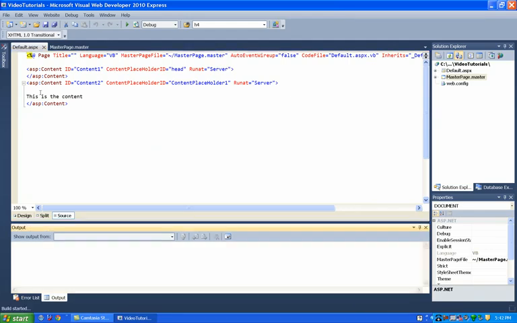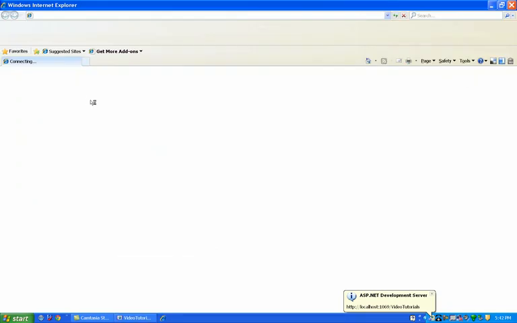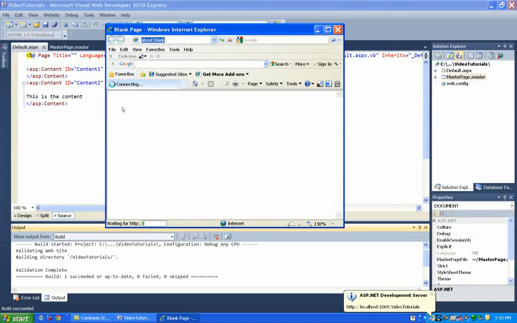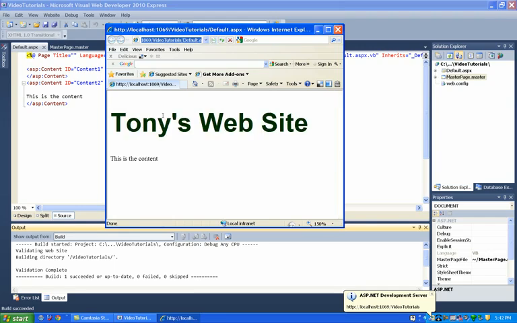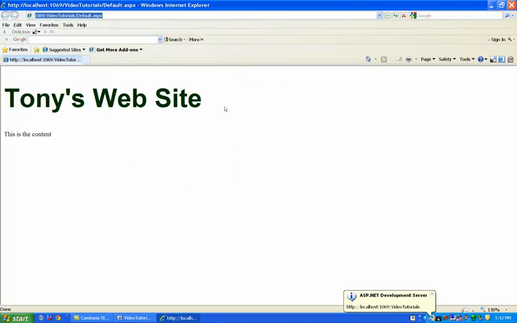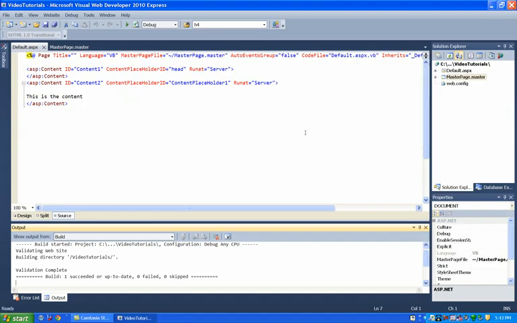So when we run this, you'll see these two pages combined, this default page and the master page. So the master page shows up here with the heading, and then this content placeholder panel, this is where the content gets shoved. So what we want to do now is control where these items go on the page, and really my header's in the correct position, but maybe I want to do something like this content area, maybe I want to move